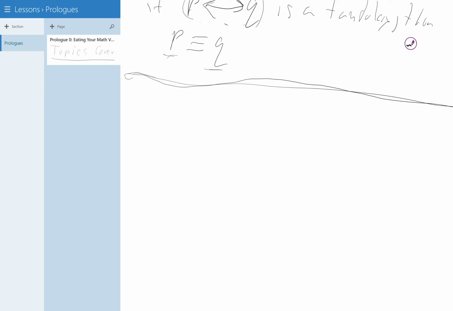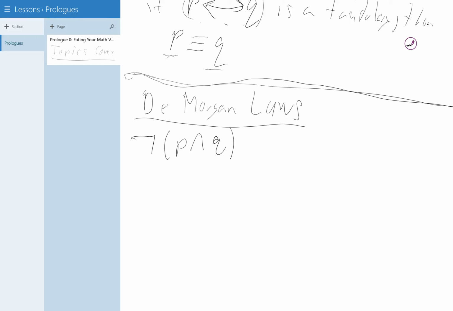So De Morgan's laws. There's this math guy whose last name is De Morgan. Wanted to be V Morgan, I guess. But anyway, De Morgan's laws. I'm going to write down the laws here, but I want you to actually think about what they mean. What De Morgan's law says is that the not of the entire statement P and Q is logically equivalent, meaning it has the same truth table, as not P